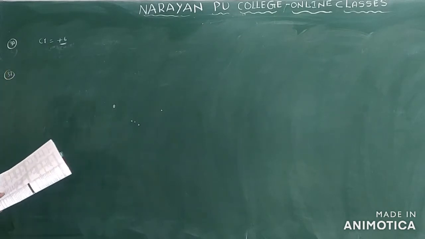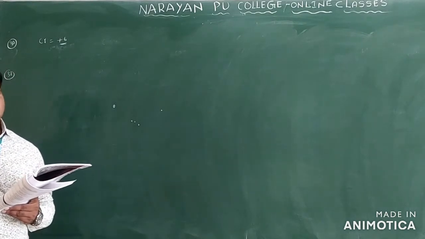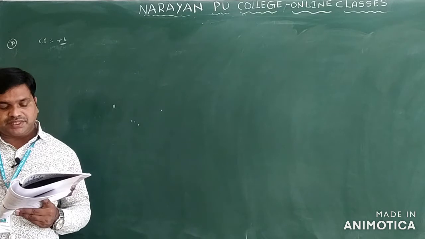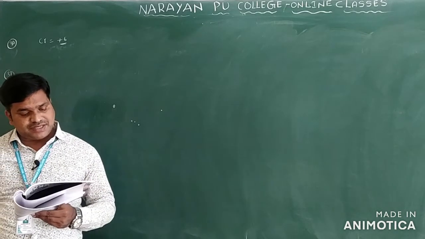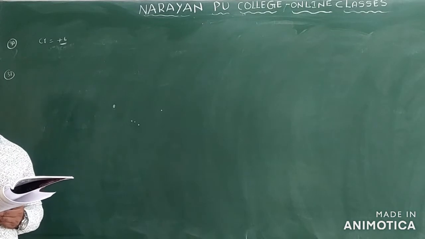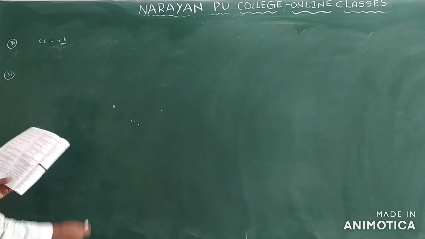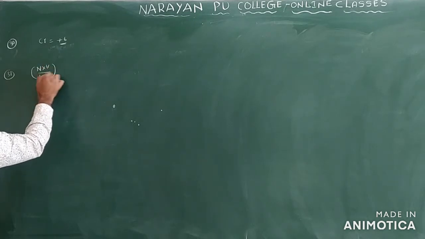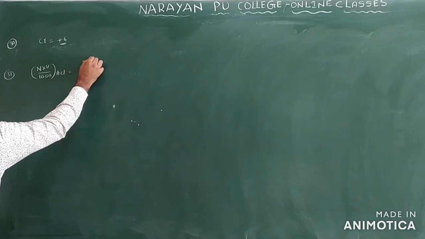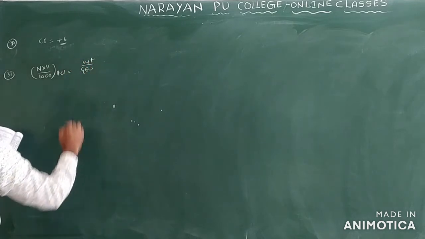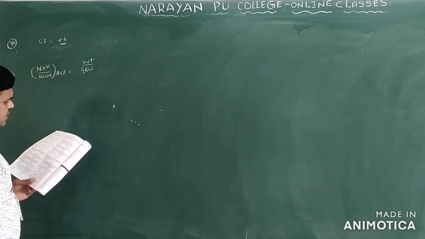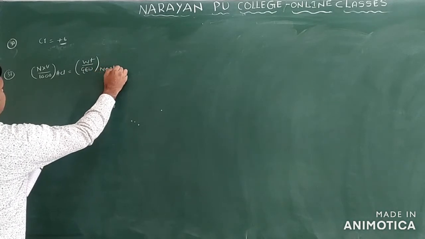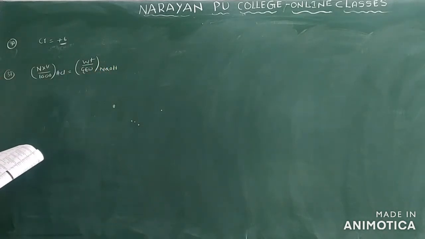We have 35.4 ml of HCl required for the neutralization of a solution containing 0.25 grams of sodium hydroxide. The normality of the hydrochloric acid is, it is a model like question number 20 and 21. You see what formula you can use here? Normality into volume by 1000 of HCl is equal to weight by gram equivalent of the compound given. What compound is given? Sodium hydroxide. This is the formula we have to use. We have to find out the normality only.